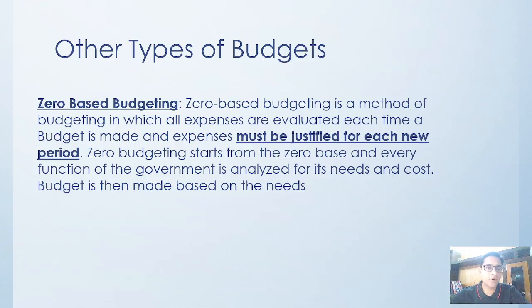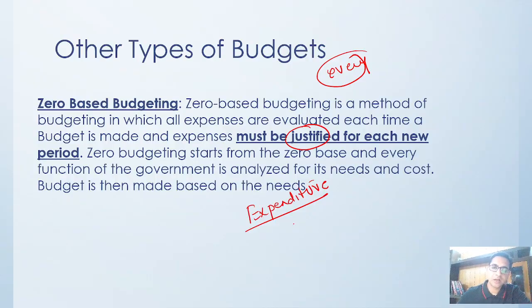So there are three important types. One is zero based budgeting. Some countries follow zero based budgeting also. Whenever we say that we are following zero based budgeting, what does that mean? That means every time you prepare a budget, you have to justify each and every expenditure. Like if I am doing expenditure in Manrega,